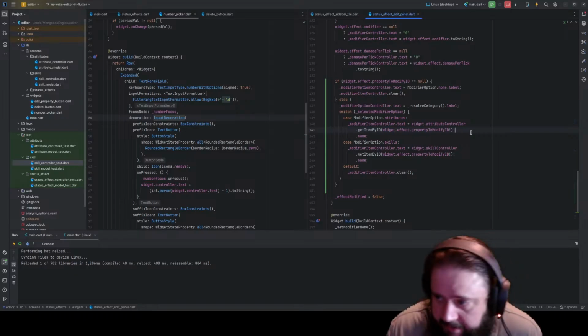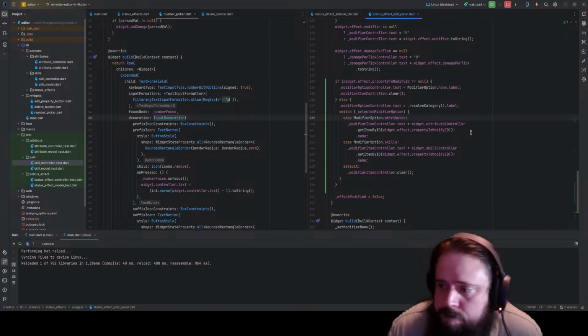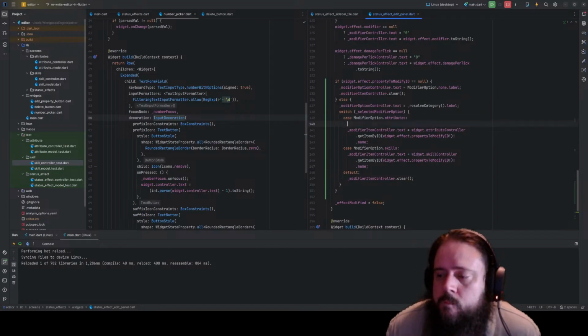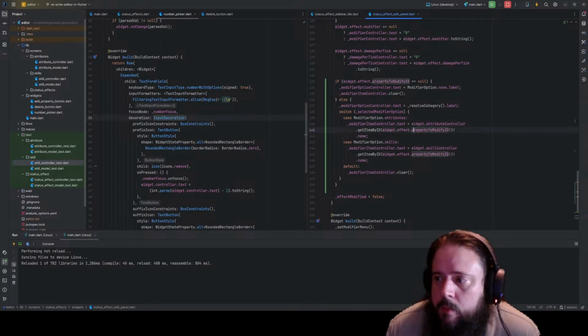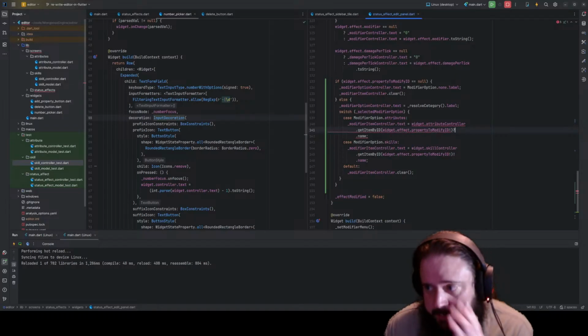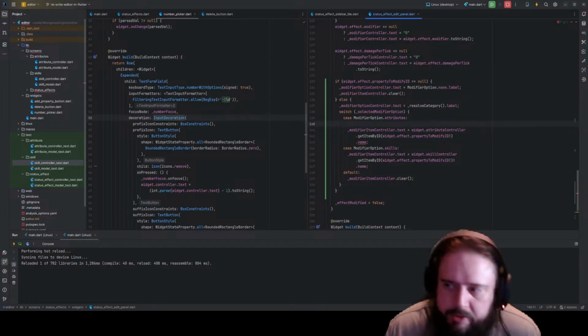So I guess we would say... I guess here we could do... that gets to be messy in a ternary and hard to read. What we could do is say